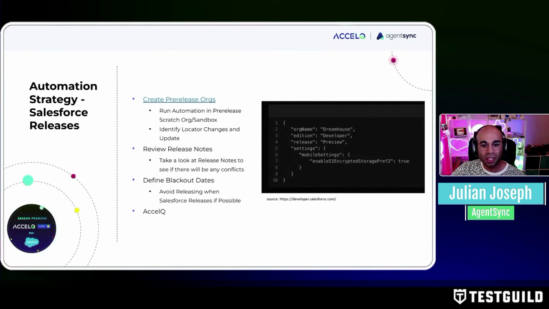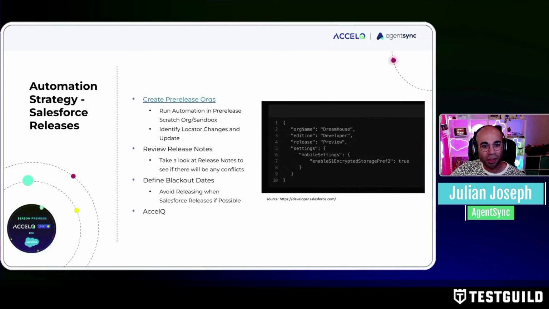how it's releasing to your customers or to yourself, and how that's going to maybe impact your ability to need to do a blackout and prevent releasing on your own so that you don't conflict with any of those new features that are coming out. And then this is another thing I wanted to mention, ACCELQ,